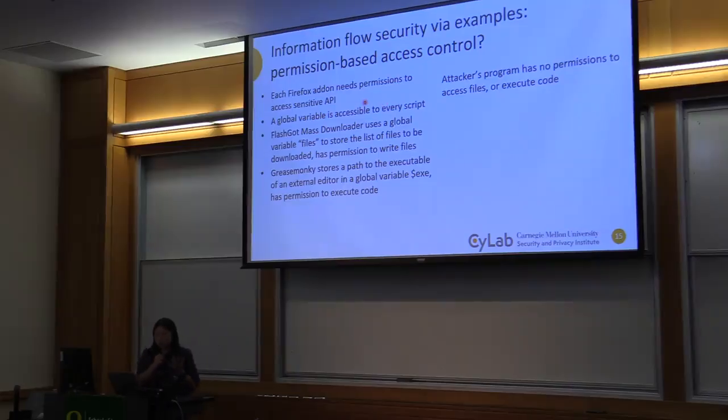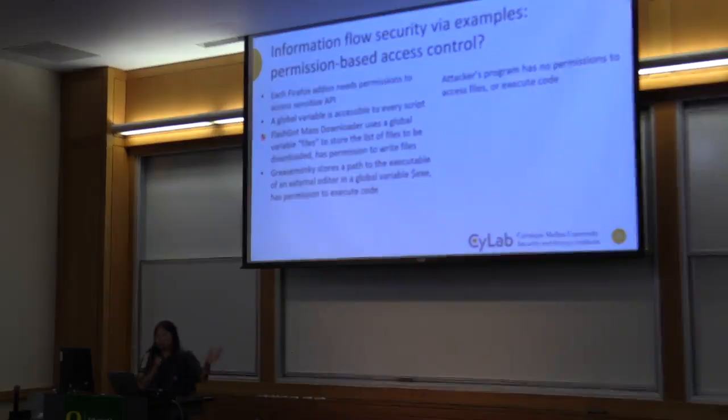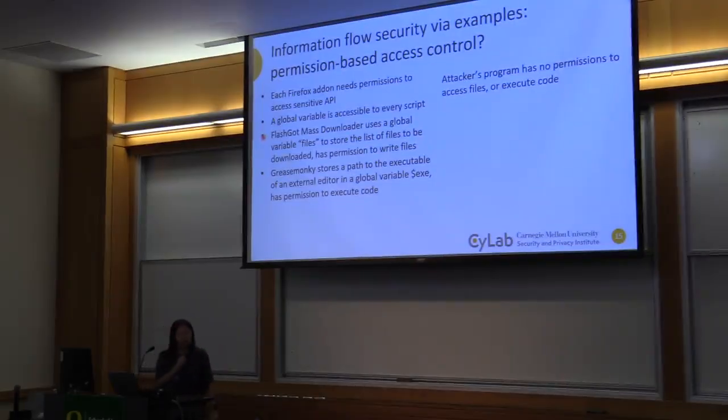So let's assume that I actually have two apps. These are good add-ons, written by professionals. They serve a purpose, so there's nothing malicious about these two add-ons. One add-on is called FlashGot. It's a mass download application. For example, if you want to download a whole bunch of pictures or small bits of movies at the same time, you stitch together whatever you want. So this app essentially has a global variable called file.